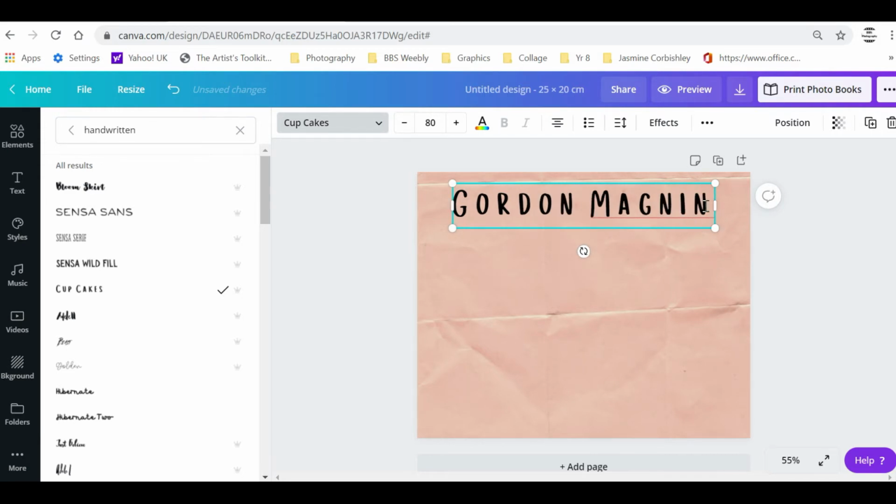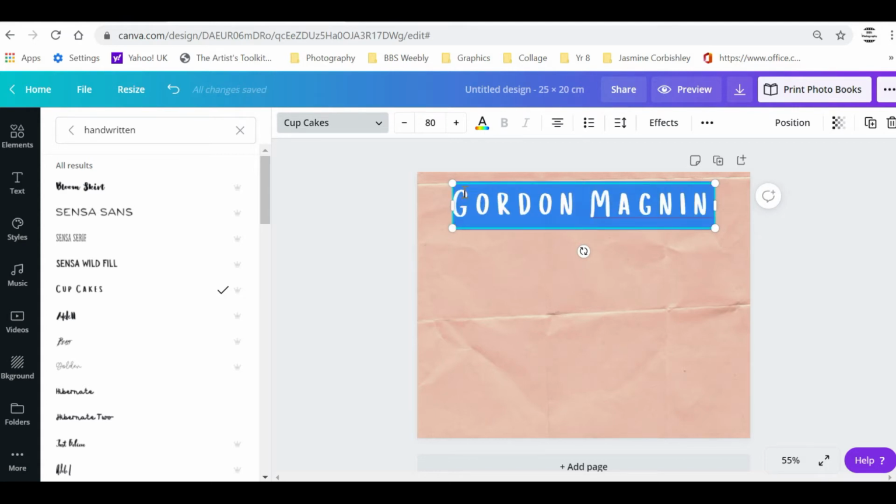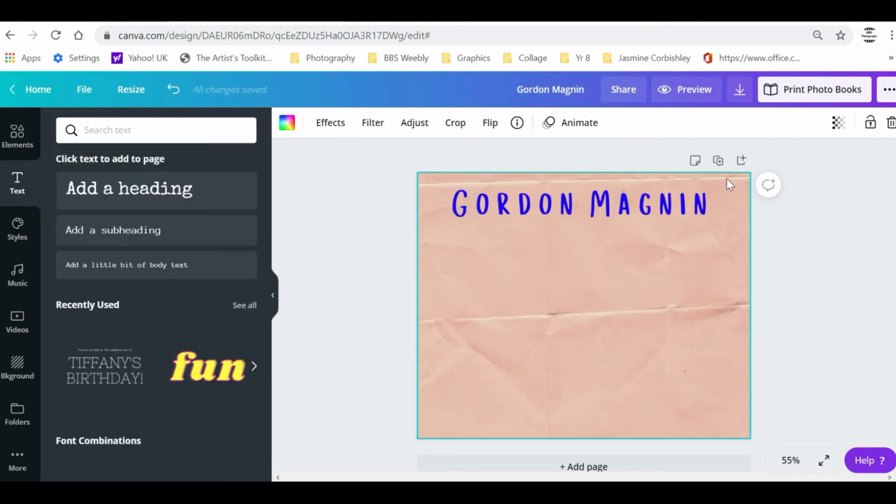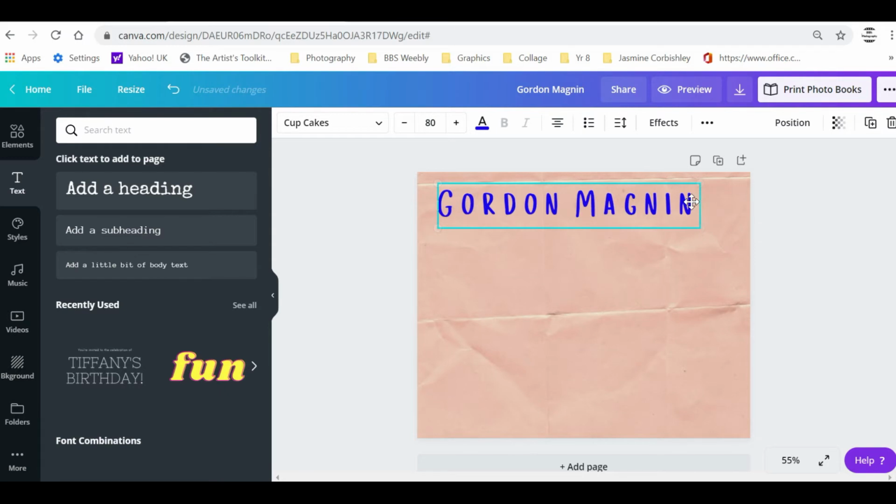Okay, now you can select it. It's already bold already, so it won't let you make it bold, but you might want to change the colour. So you can click on text colour and click off, it shows you the text. Select again,